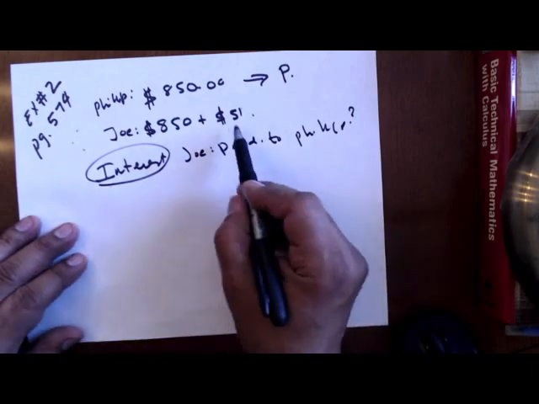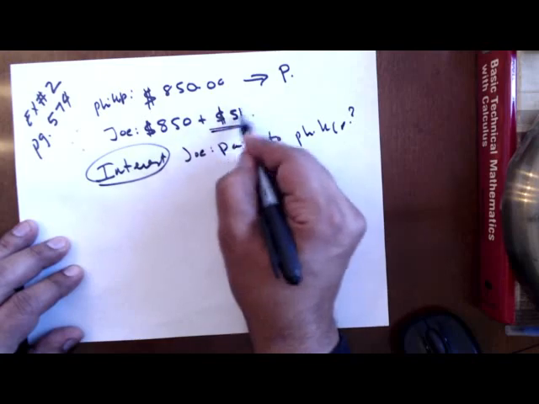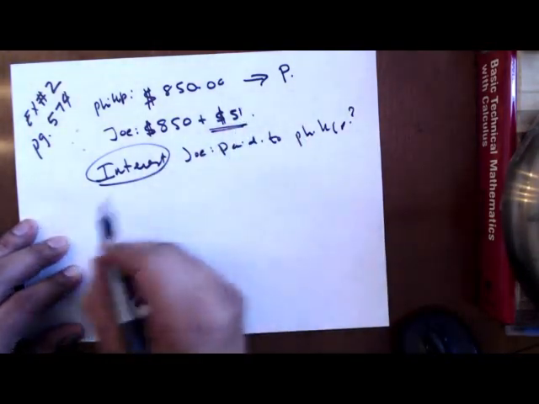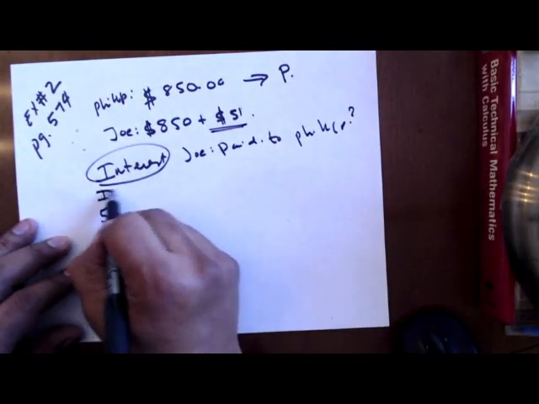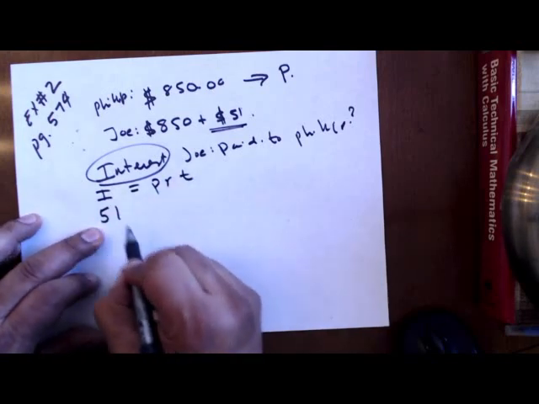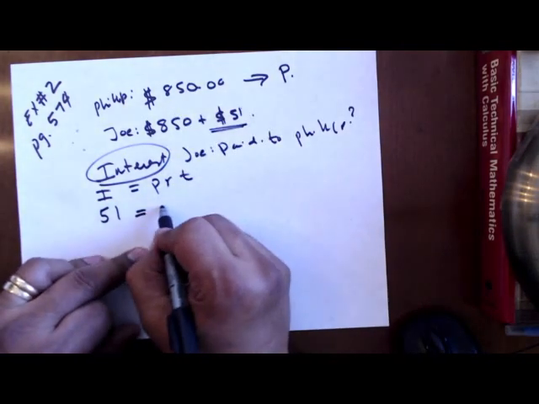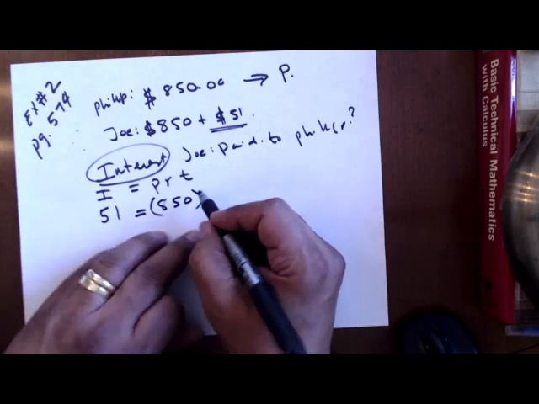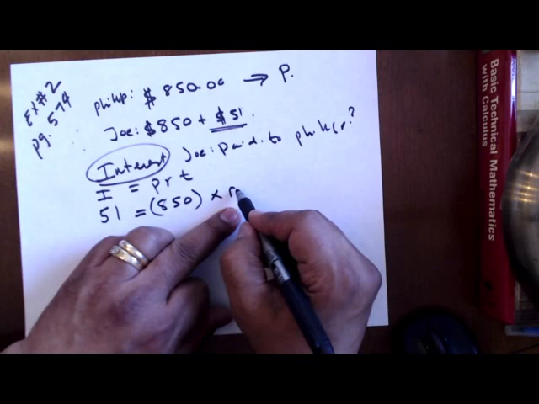So now we know that for our formula, the principal is basically the money that you pay here, but we want to know the interest rate. So this is the interest in total that we can say that he pays. So we have I is equal to PRT. So this is our interest here, 51 is equal to the P, which is 850, and then times the rate that we don't know. That's in a percentage, times